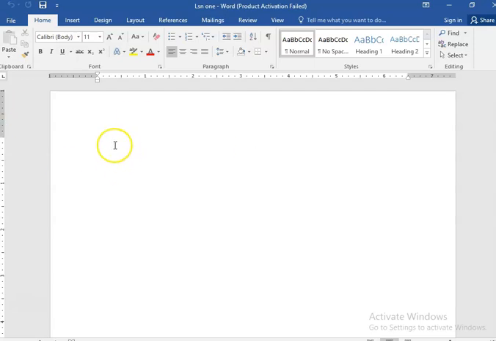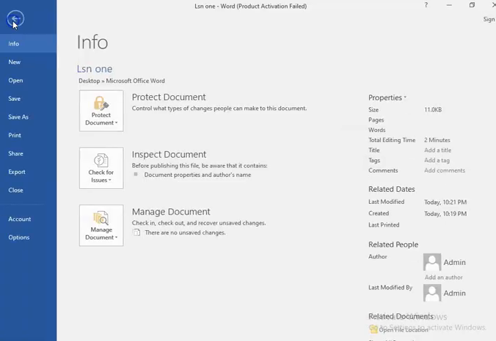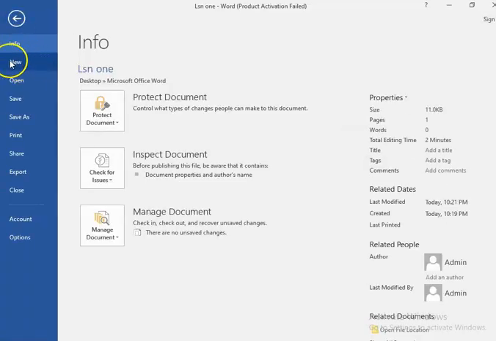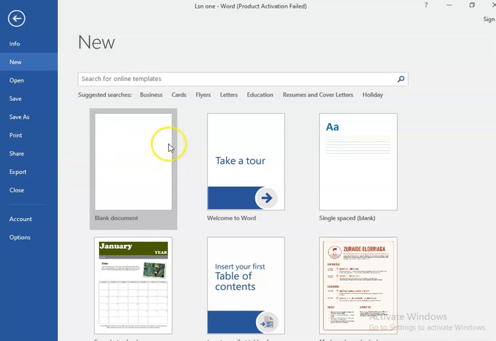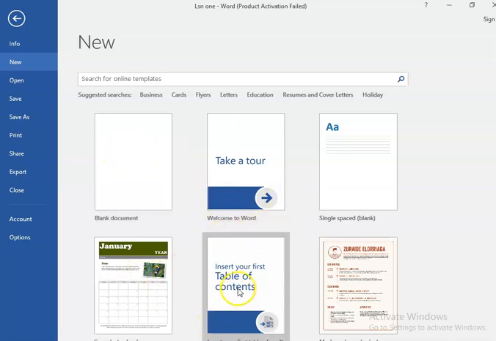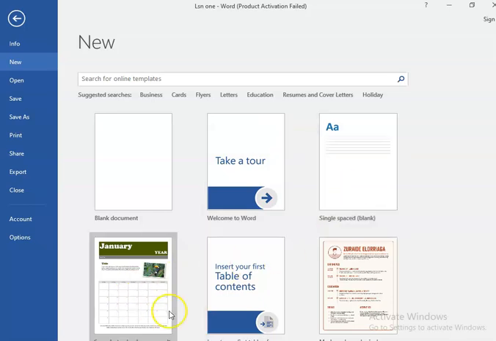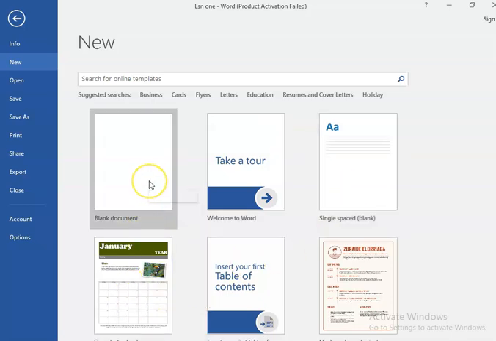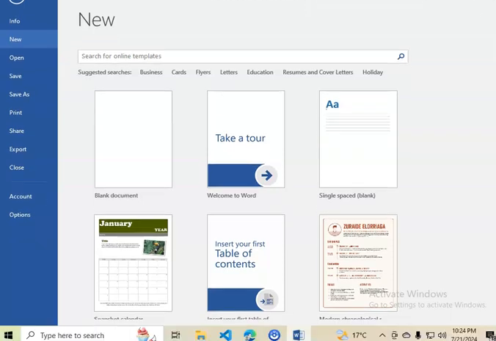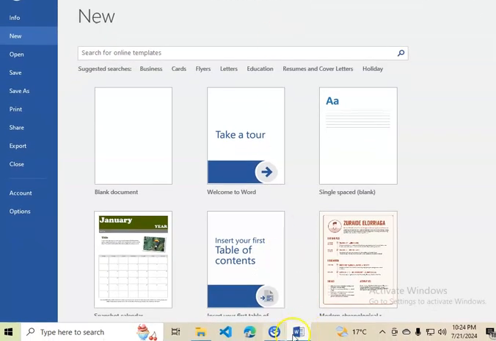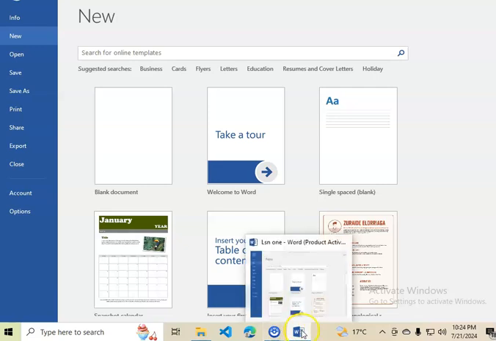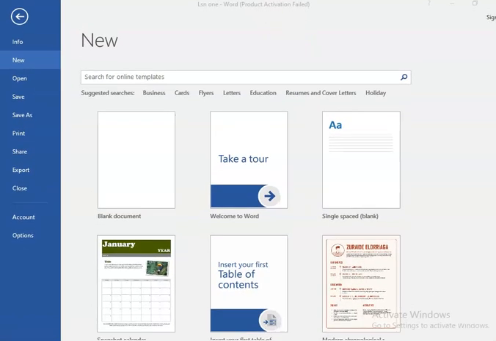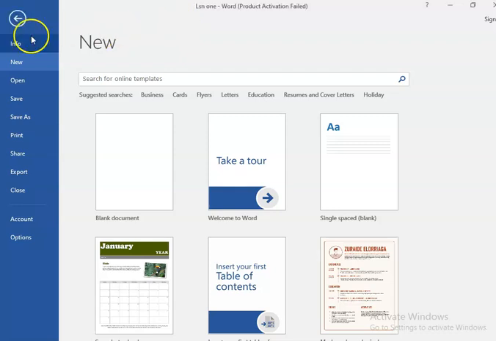Now for example, if you are on this file and then you want to create another file, rather than going back and searching Microsoft Office again and creating a new file, you can simply come to File, and we have this new here, and if you click on New, you're going to end up to the same point where we were, and we have now all this. Now by the way, if I create another new file, then on the taskbar down here, you'll see we'll have two files. Anyway, let me just go back,